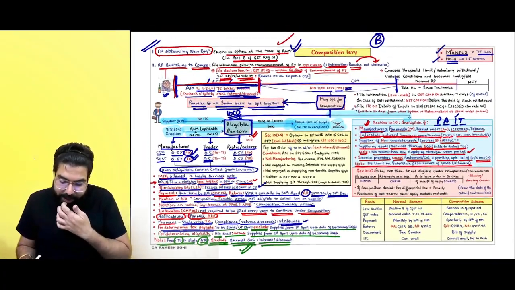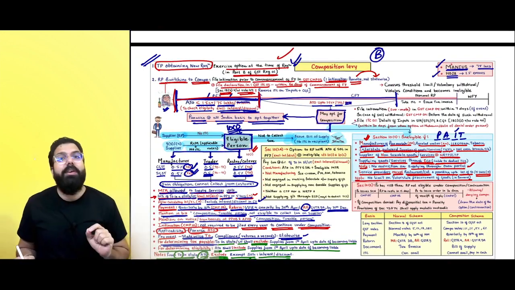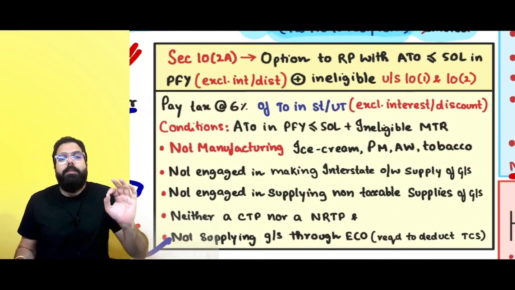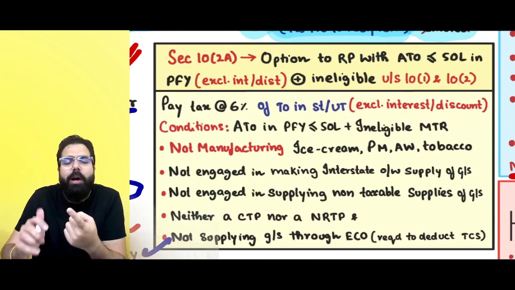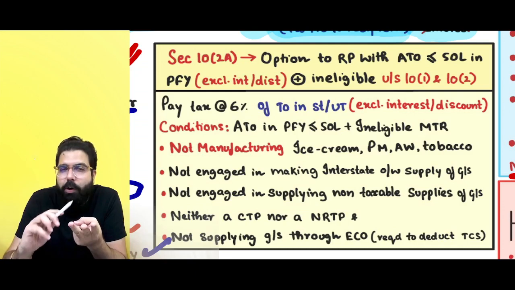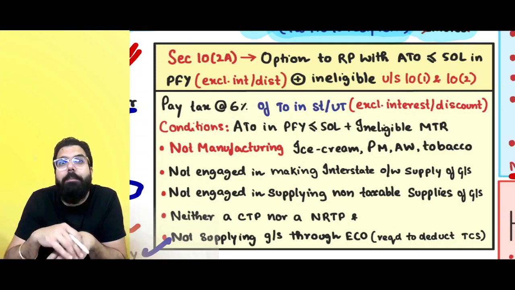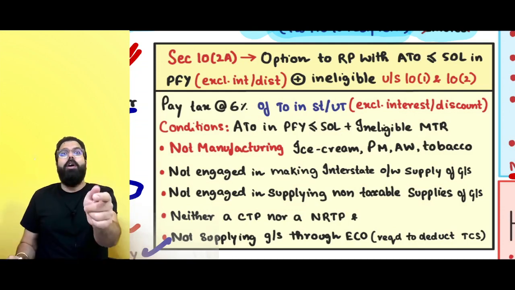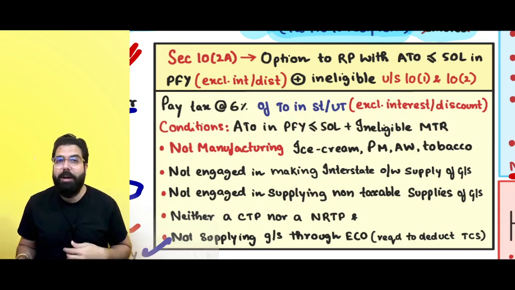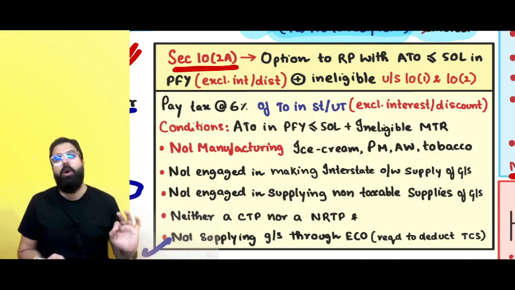Now here we are done with section number 10.1, section number 10.2. Listen to me very carefully. Now service providers are ineligible. But specifically, government went ahead and told, if you are a manufacturer, trader or restaurant wala, everyone listen to me very carefully, manufacturer, trader or restaurant wala, and you have provided services which is more than 10% of turnover or 5 lakh, whichever is higher, or you are an only service provider, then government has told, see, you can go for section number 10.2A. This is one option which is provided.